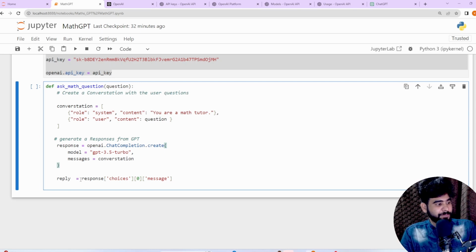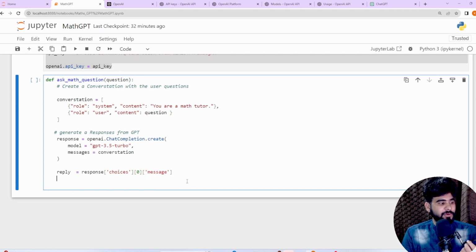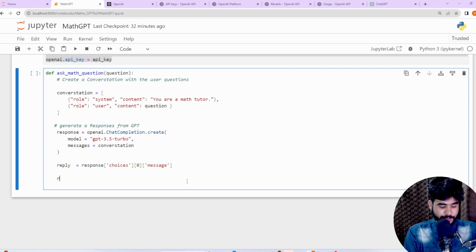So first, reply.choices holds our entire list of the responses, then we return the first response, and we get the complete response in a message format. After that we can return this reply variable.